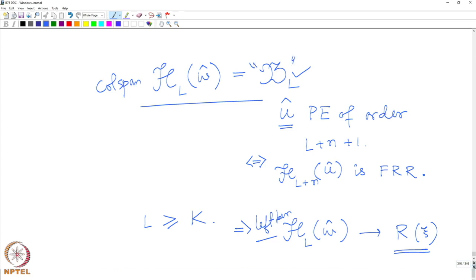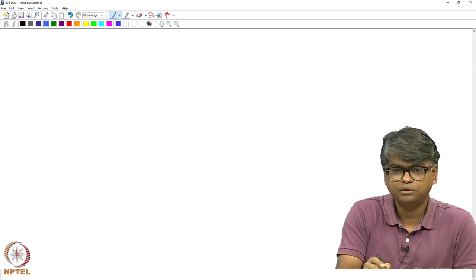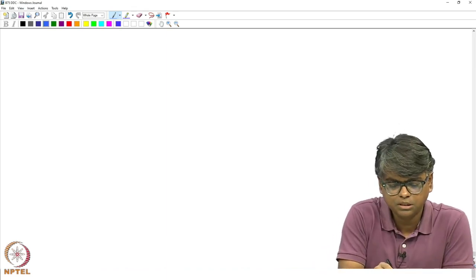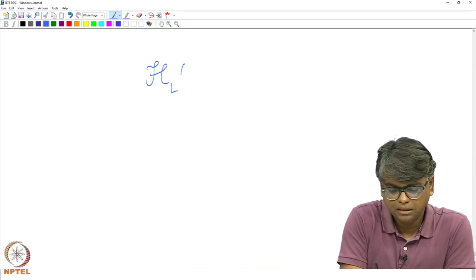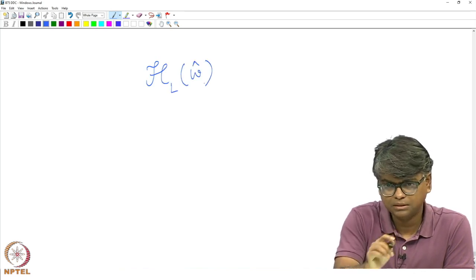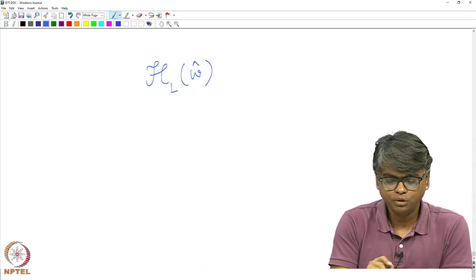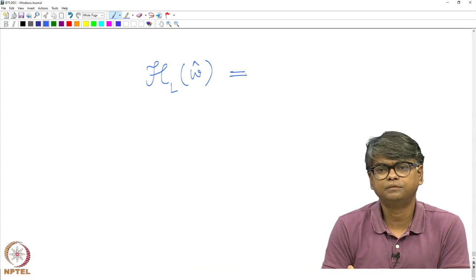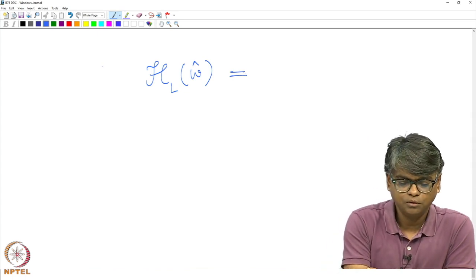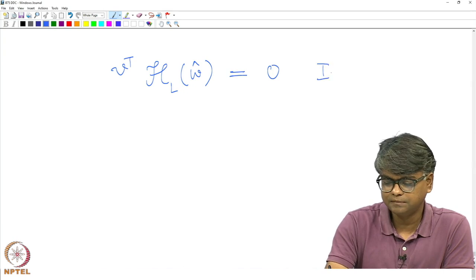In the last lecture we also looked at a numerical method of finding this left kernel. When all those other nice conditions about persistency of excitation are satisfied, instead of directly calculating the left kernel of H_L(W hat) by solving for a vector v transpose so that v transpose times this matrix is equal to 0,